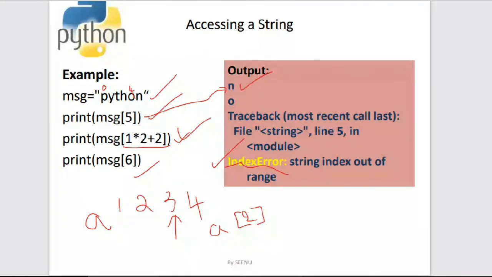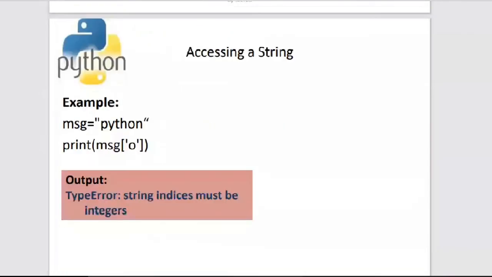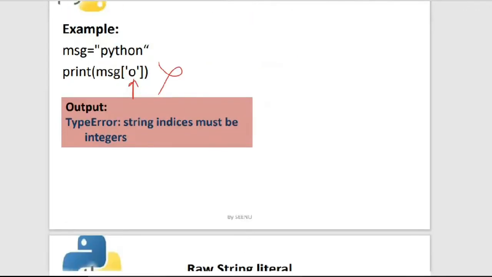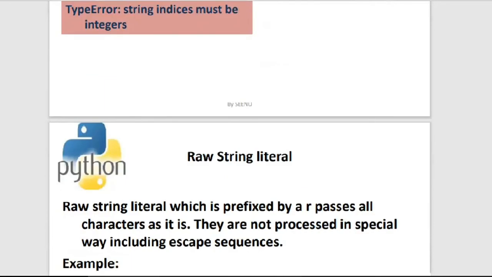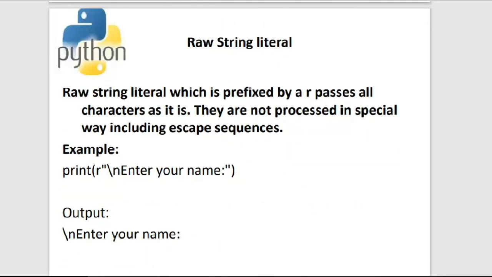Okay, right. So this is another program wherein I am trying to put single quotes. It should be an integer, so this is not valid. You cannot put single quotes to access the index value of a string. The index is only an integer, so you cannot put a character over there. When I put 0 in single quotes, it gets converted into a character, a string. So you cannot have a string for the index value.